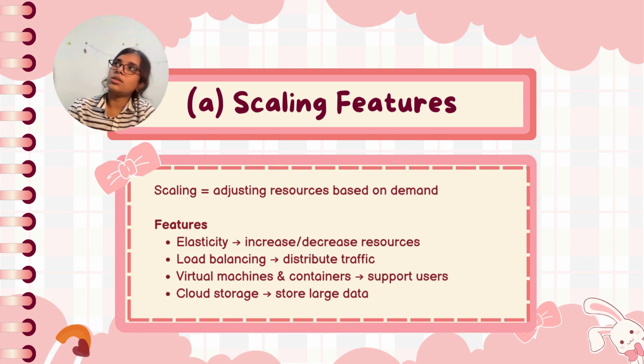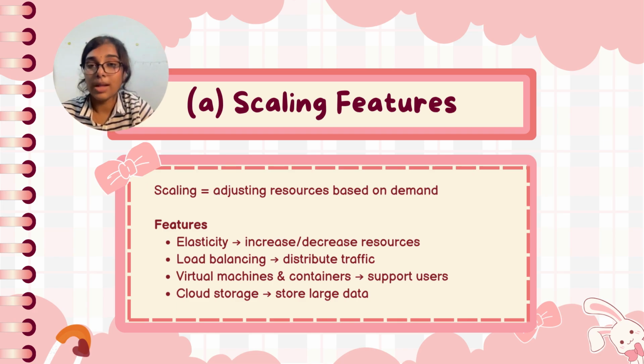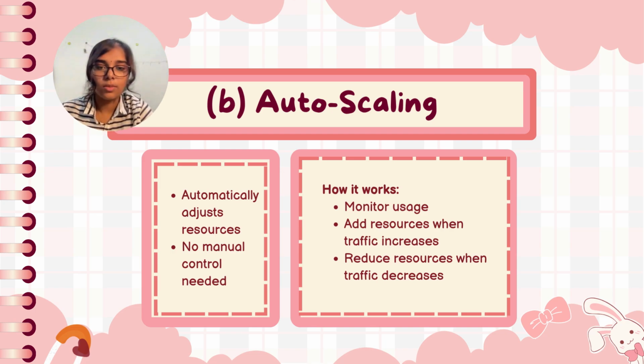Another important concept that we should know is called load balancing. This means distributing a workload across multiple servers. It divides the load evenly, so no single server becomes overloaded or overwhelmed after some time. This helps to maintain or enhance performance. Then there is auto-scaling, which means the system automatically adjusts the resources without human intervention.